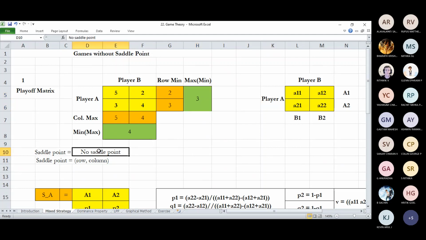So we're going to use some methodology, say probability, to find out the outcomes. Then based on that, we'll find out the value of this particular game, right? So this is typically games without a saddle point, and it's also known as mixed strategy. You can remember this. We cannot have a definite procedure to win a game, but we can always find a probabilistic way of finding out the outcomes and the value of the game, right?